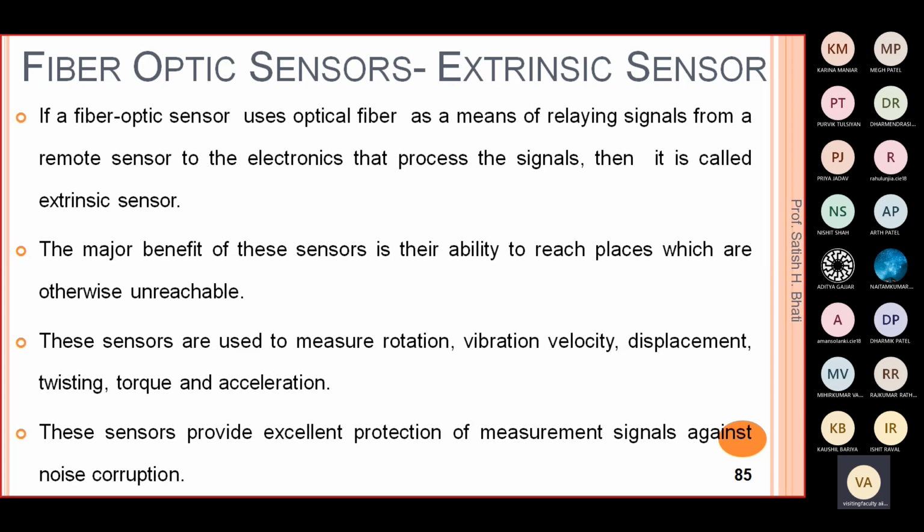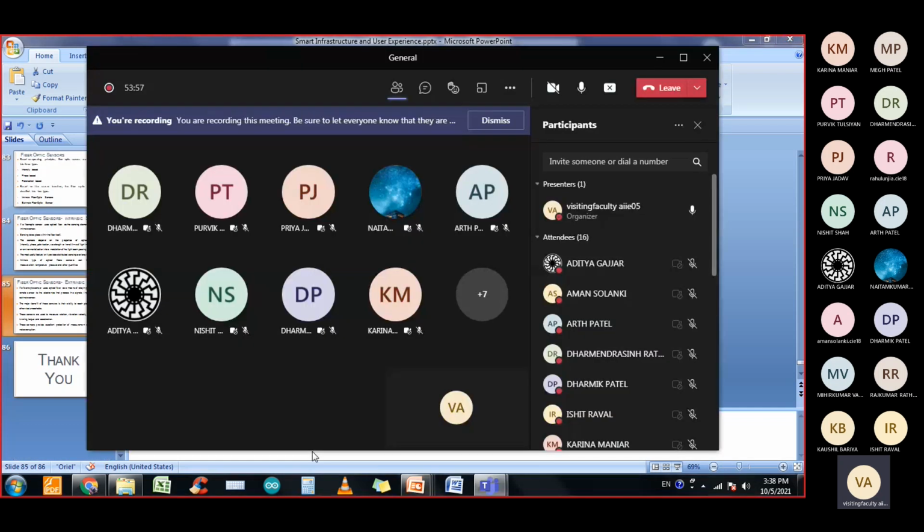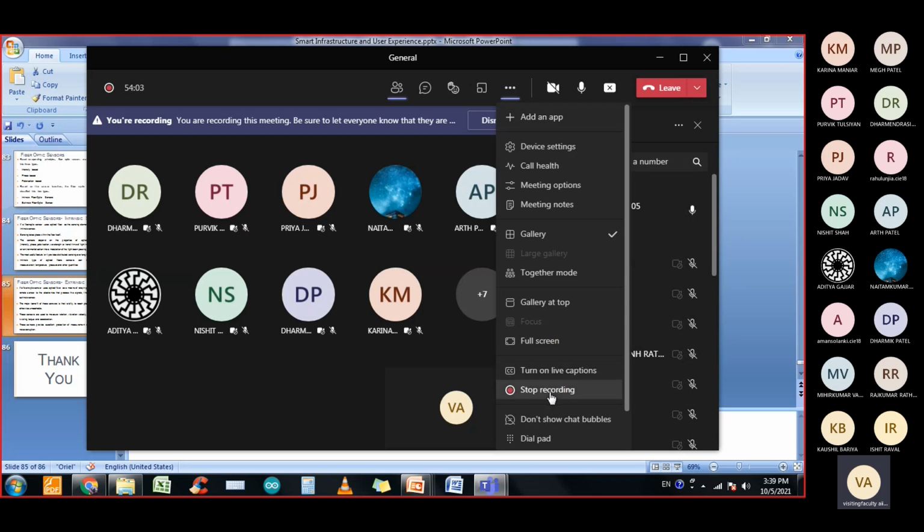So this is about the sensor. We have discussed some types of sensor, starting from what is a sensor. So this is the first portion we will finish, that is about the sensor. Then from the next lecture we will start AR/VR or maybe the smart system.